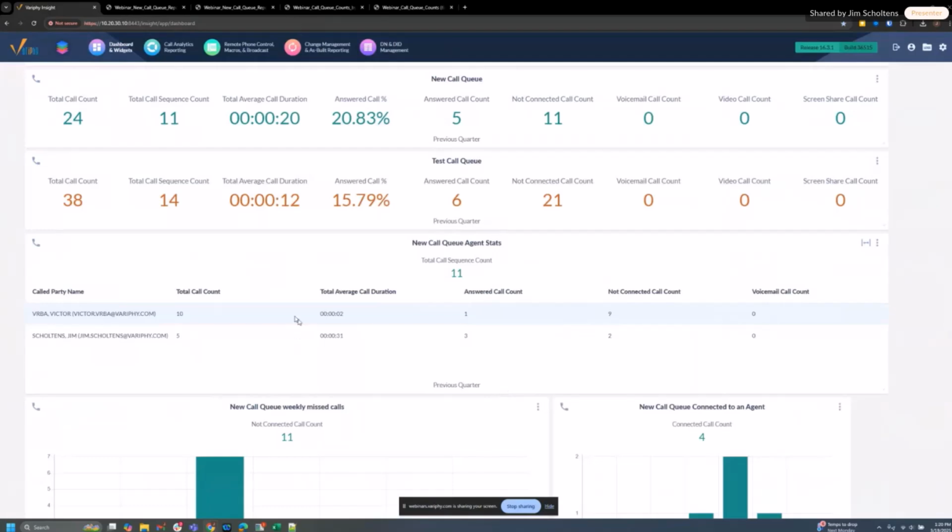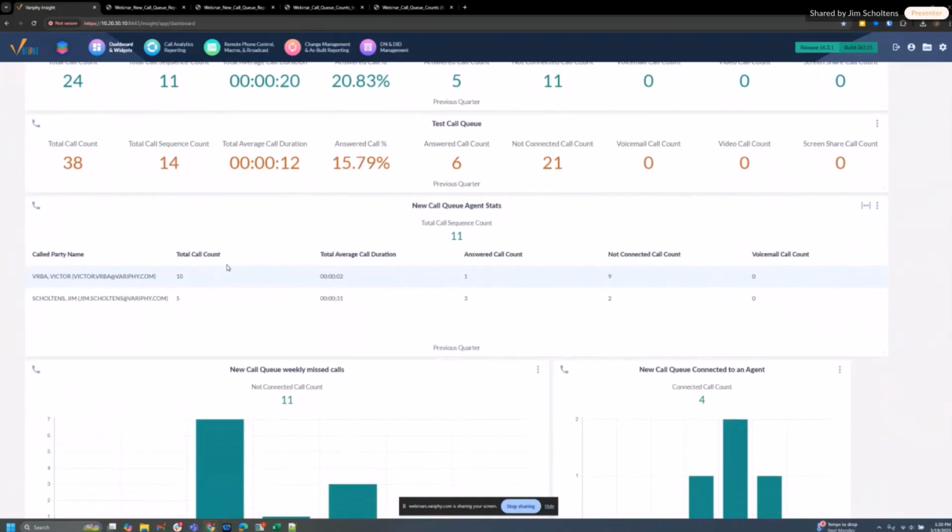Again, it gives you your total call count for each user, how many were answered, how many not connected, and your average call duration. So similar to the report, but a quick glance to give you stats. This can be a daily report if you want to monitor the current day to see what's happening in your queues and who's